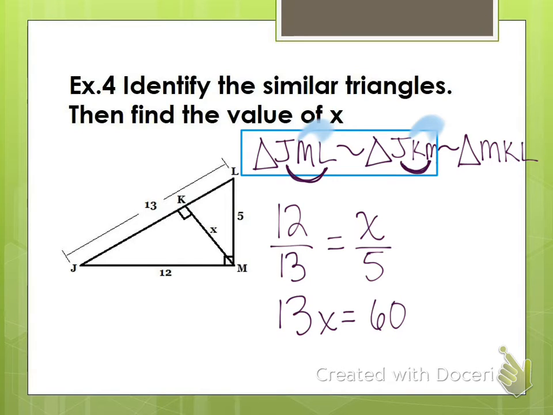This time you probably will get a bit of an ugly decimal. I would be fine if you left it as an improper fraction, but if you want to put it as a decimal, what is it rounded to the nearest tenth? 4.6. Okay, I'd be okay with that. Questions, concerns? Needing more time? Okay, so that is the end of